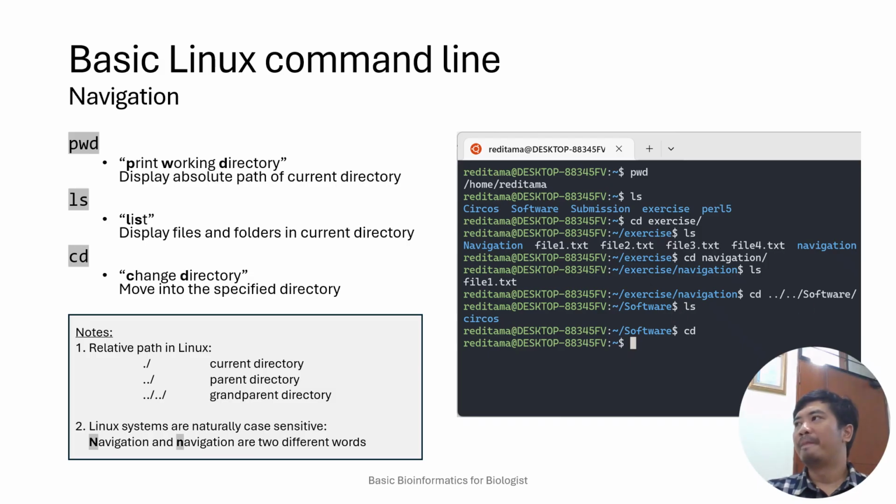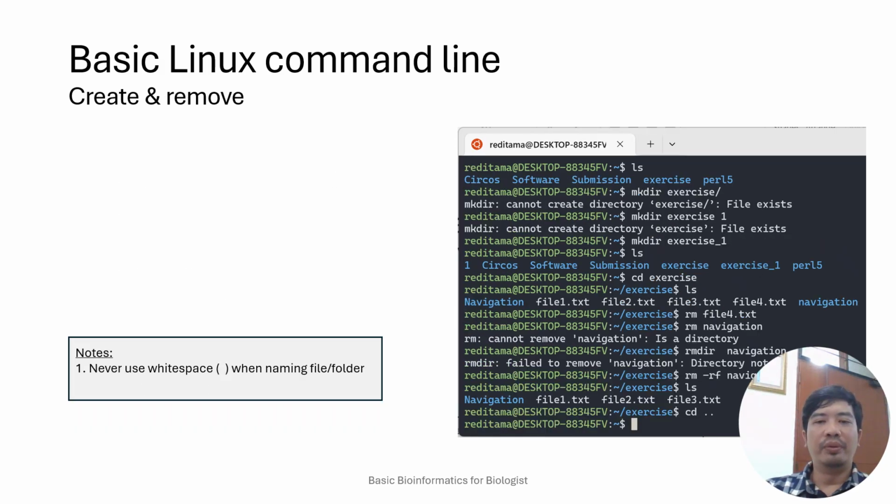Okay, you need to practice to get familiar with these commands. Okay, these are the basic commands for navigation.